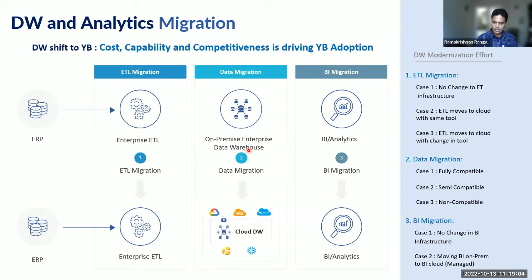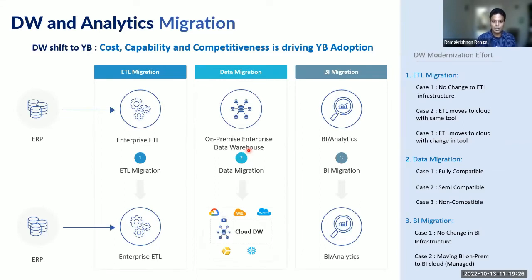Data is generated constantly at a rapid pace in systems, both internal and external to enterprises. And how do you get that data into a format that can be used for analysis and gleaning insights from it is what we call an ETL layer, or extract transform load, or extract load and transform,